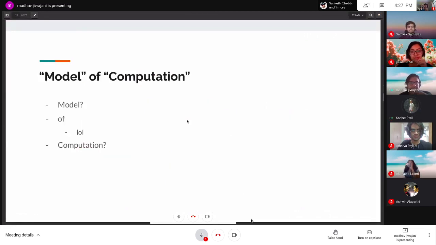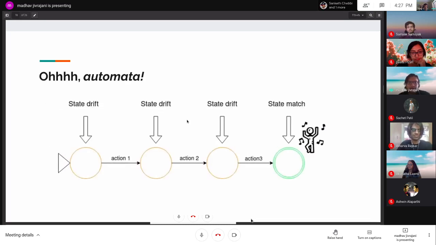So, as I said, we'll be talking about what a model essentially represents, what computation is, and what that whole term together means. A model is something that you would use to represent a process which is happening. You can consider an automata to be a model.